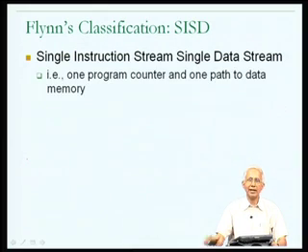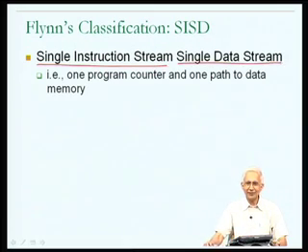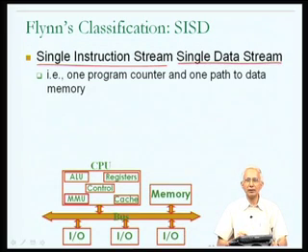So such a computer would have one program counter. That's what it means to have a single instruction stream, and it would have a single path to data memory. And we've already seen this because that is really what the simple computer block diagram that we had up to now corresponded to. One of the special purpose registers was the one program counter in the computer, and that constituted the path to instructions or the instruction stream. And then there was the possibility of fetching through, after address translation, a piece of data from memory, and that